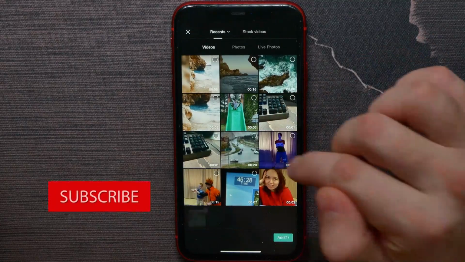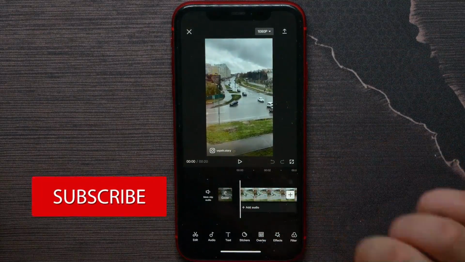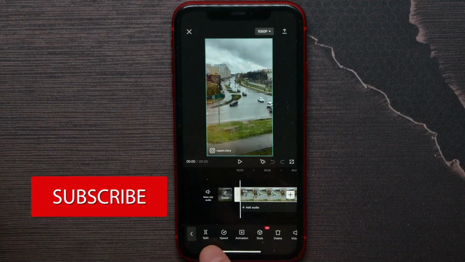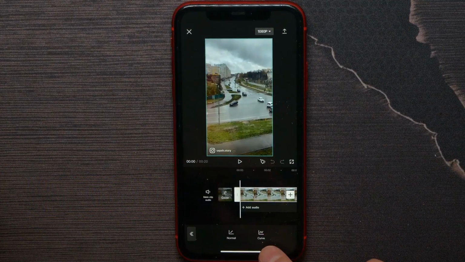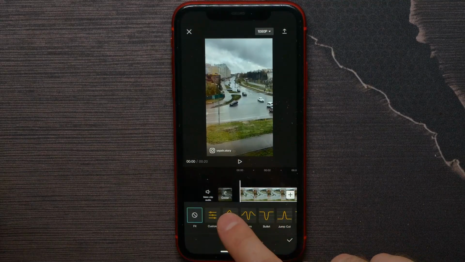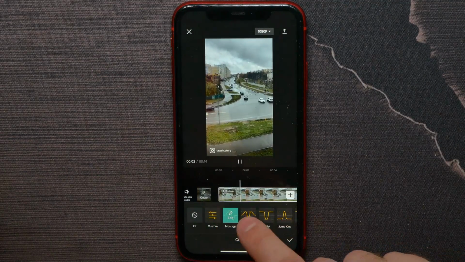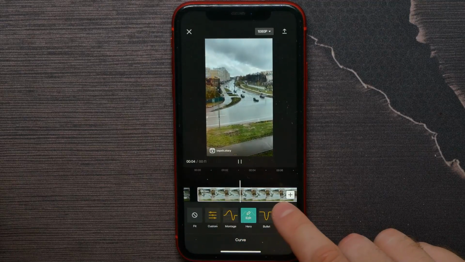Next, select a video and then hit add. Now select that video row and there among these options select speed and then hit on curve. Now there you can select some of presets that are here, like hero, bullet,